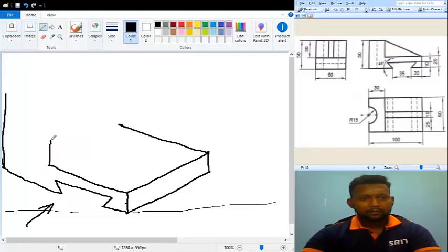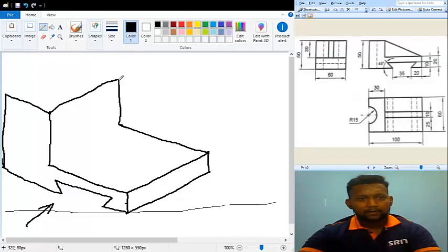So from here what I am doing is I am trying to draw 30 mm height. Okay, and from here also I am trying to draw 30 mm height. So this one I can join like this, and this one I can join like this, and from here I need to draw another 30 mm. So this particular line represents nothing but this one here, and after this, parallel to the